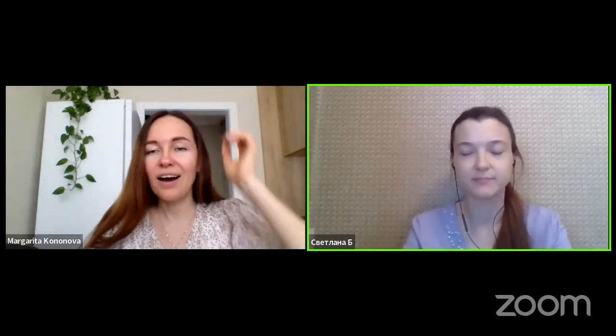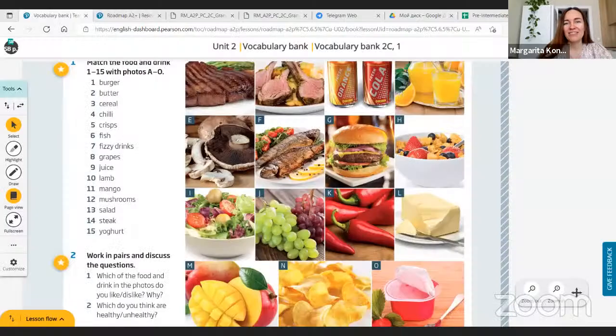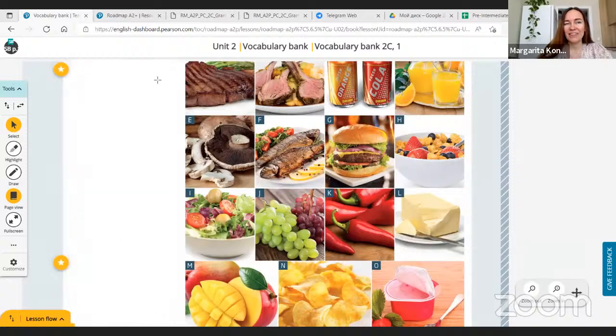Okay, last time we were speaking about food, yes? About different types of food. Today we are going to continue speaking about food, and we will try to refresh what we learned. We will start with the words, with some pictures that we looked at, connected to food. I'm going to show them to you. Here they are, right? And we will try to remember what they are. Okay, so let's go one by one.